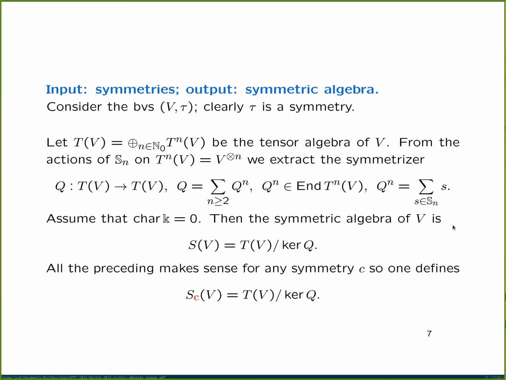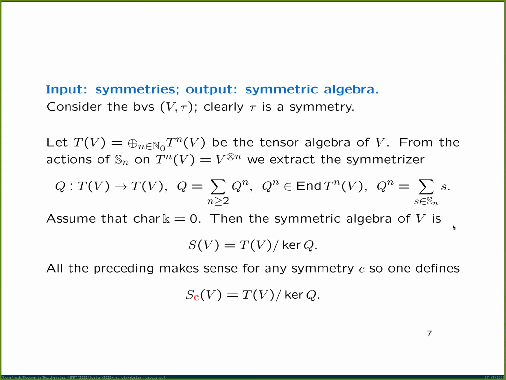From this action, we extract the symmetrizer. It's a map Q from TV to TV, from the tensor algebra to itself, which is the sum over n bigger or equal than 2 of Q_n, where Q_n is the sum over all elements s in S_n